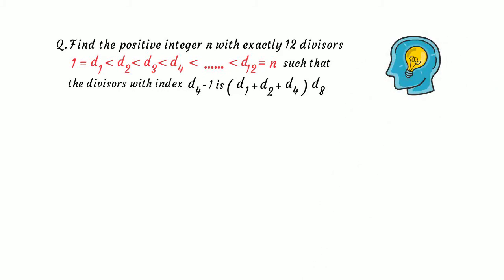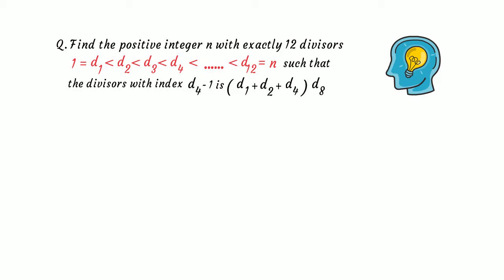Let's get started. Before going into the solution, let me state a few observations that will come in handy in developing the solution. As the question says, 1 equals d1 and d12 equals n, and I hope this is obvious. But the most important thing to notice here is that d1 into d12 equals n, and in the same fashion d2 into d11 also equals n, and in general di into d(13 minus i) equals n.